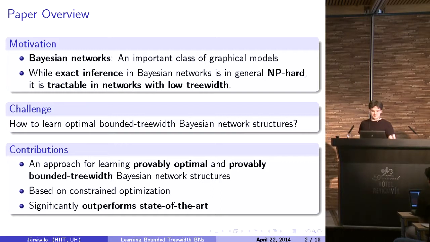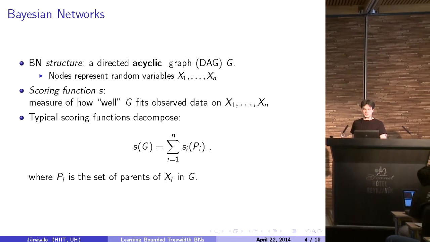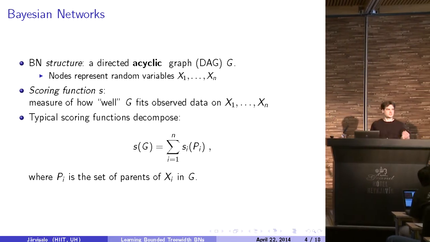I'll show you some results that show we're significantly outperforming the state of the art from last year's AI Stats conference. I'll go quickly through what Bayesian networks and the structure learning problem are, which you all likely know, then try to give an intuition of what I mean by tree width, and get into how we actually use constraint optimization solvers to solve this optimal bounded tree width structure learning problem, and show you some of the results. So, as you all know, a Bayesian network structure is just a directed acyclic graph,